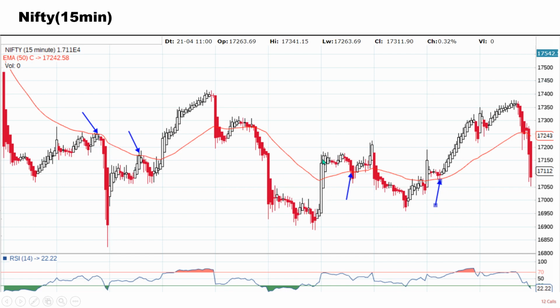Market is going up, this is upside confirmed, and from this point it tried to penetrate inside, but the market rejected and it started moving up. Again we see this is upside, and then here it is retesting the 50 EMA line, and then the market did not allow it to break from here, and this became a support, and from this point the market went up. So of course when we are playing with the 15-minute candle, we are not playing for very long term gain. We are just looking for a 0.5% kind of gain, because that's how the 15-minute candle will work.